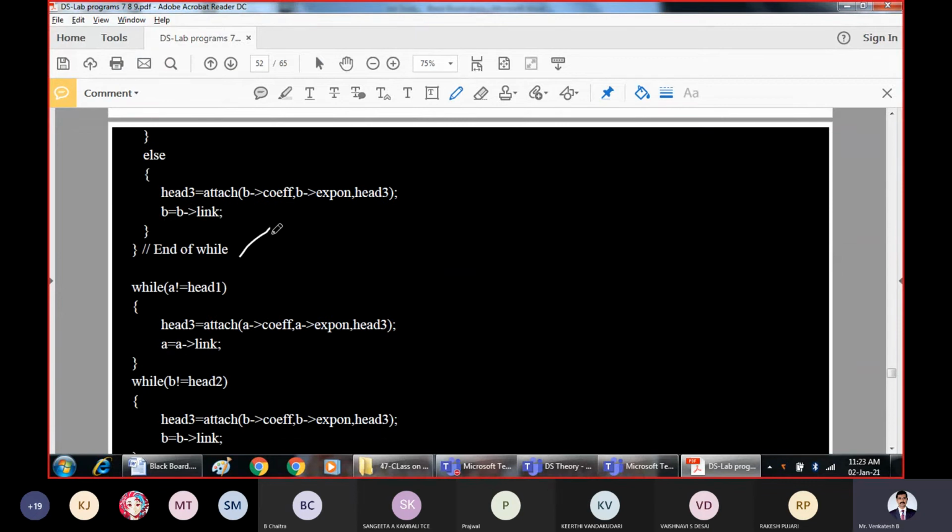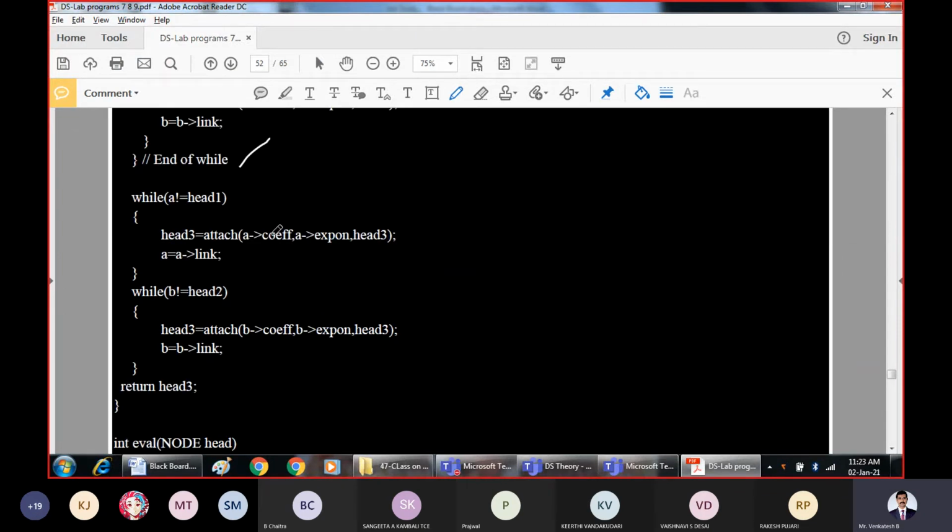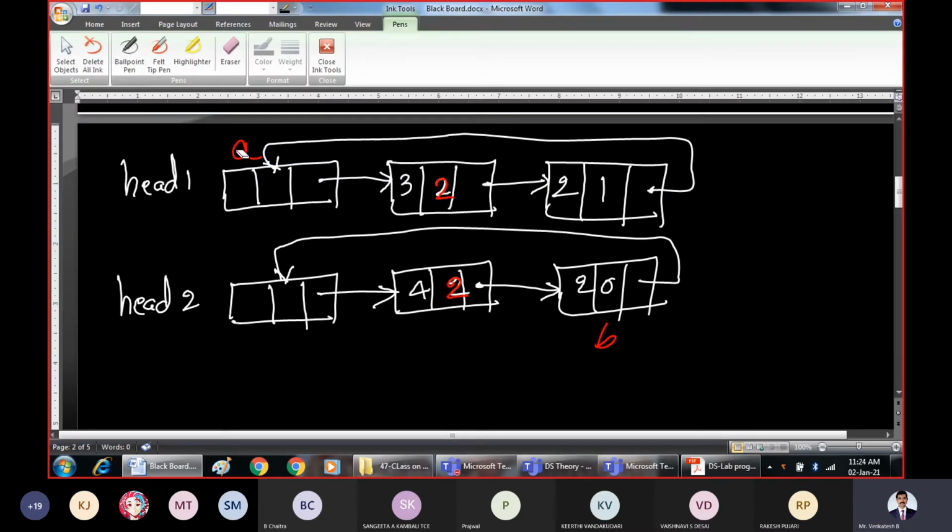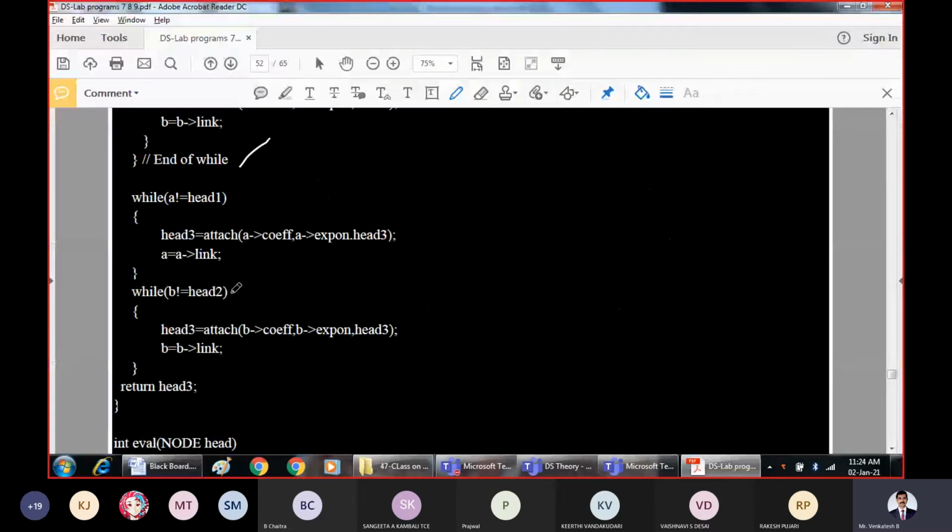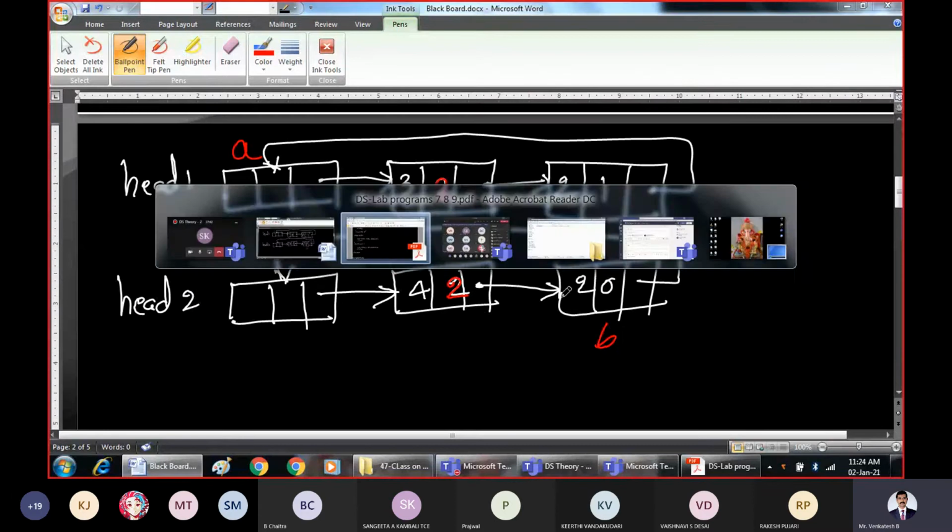So this is the end of the while loop. Now we take all the remaining terms from both the polynomials and put them into the resultant polynomial. While A is not equal to head 1, is it true? It is false, because A is equal to head 1 here. Next, while B is not equal to head 2, it is true.